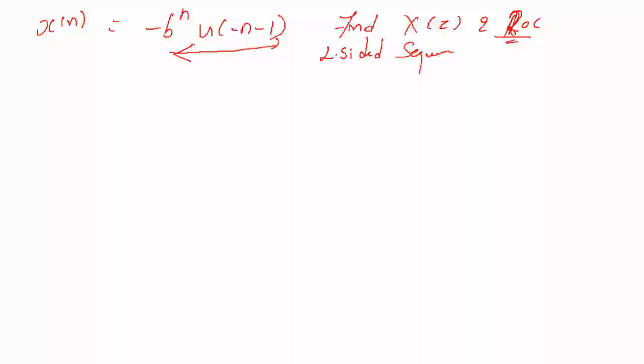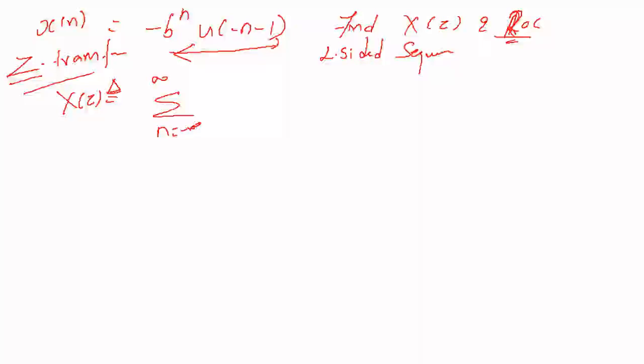So how to write this? I am going to apply Z transform for this one. Applying Z transform. So Z transform is defined as X of z, defined as summation of n equal to minus infinity to infinity X of n z power minus n. This also can be written as, because it's a left sided sequence, so it can also be written as